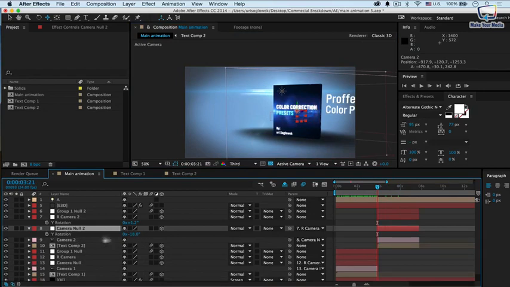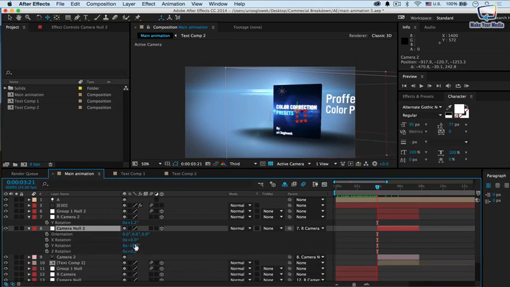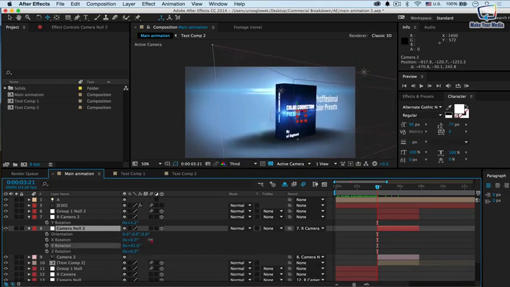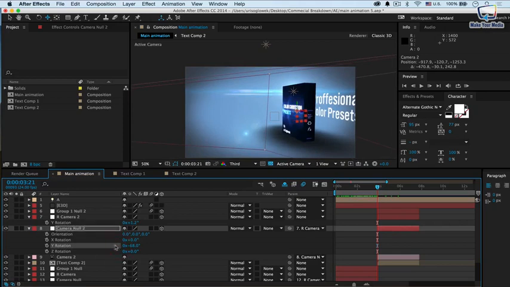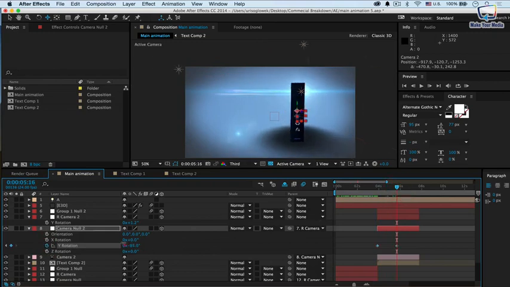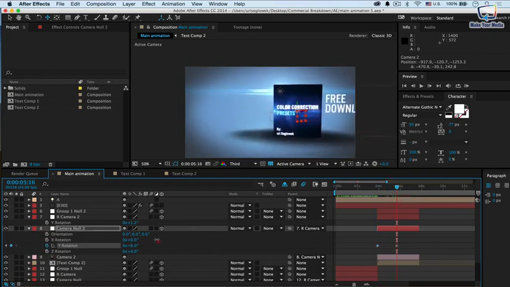So again, camera null, I am going to show my rotation properties by pressing R on the keyboard, and then I'm going to do this, or maybe something like that. Okay, I'm going to create a keyframe, go all the way maybe here, and then rotate that, something like that. And then I'm going to go to my